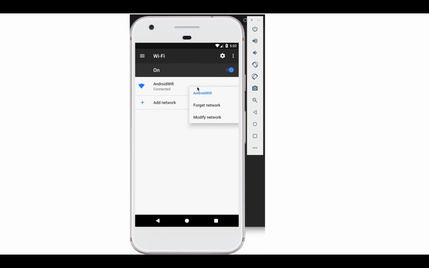Select it, and in older devices, if you long press on the Android Wi-Fi, you will get option to modify the network. In some newer devices you will get one edit option on top. So there if you click, you will get the option to modify.